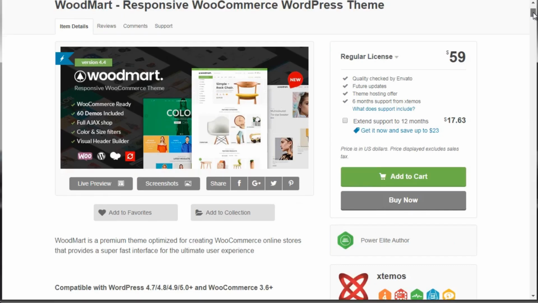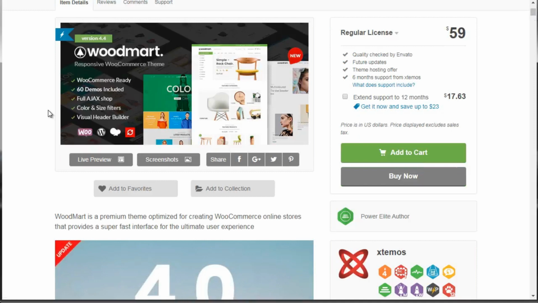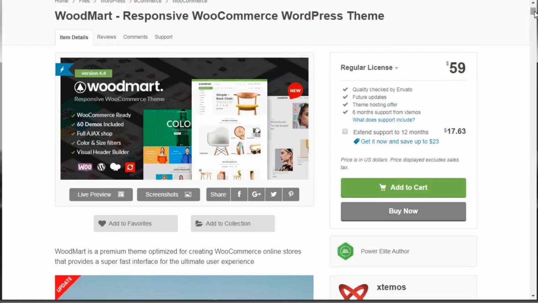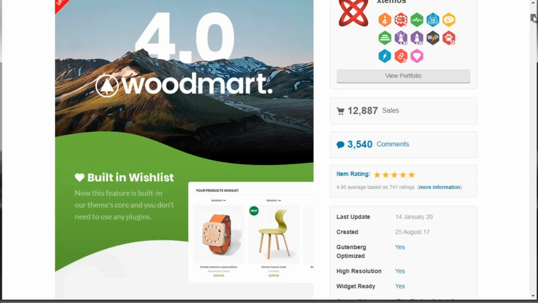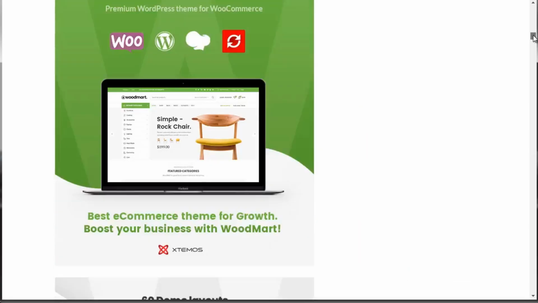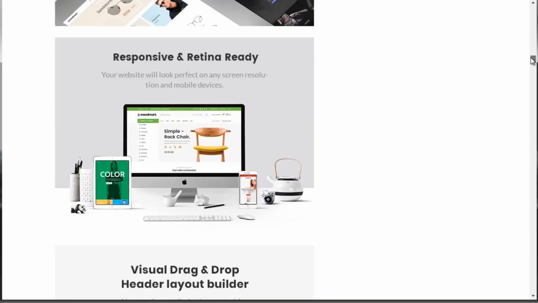So if you scroll down here, you can see that this one theme can actually fit many different niches. It doesn't have to be necessarily one niche. But sometimes if you find a theme that focuses on one niche, it will actually create solutions that will fit that one niche. All right, so that's the advantage of finding a theme that fits one niche. Now, this is sort of like a one size fits all. All right, so we got 4.0 Woodmart. This one has a lot of physical products, but as you can see,